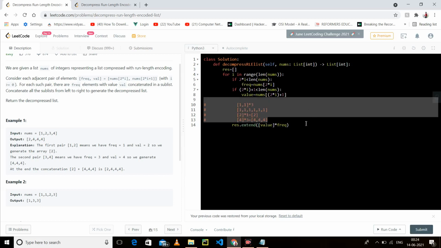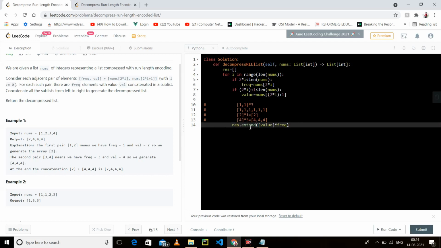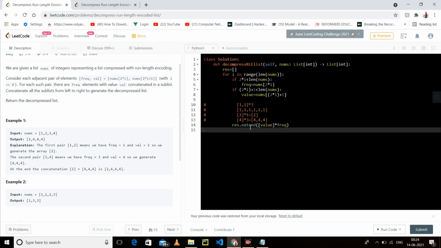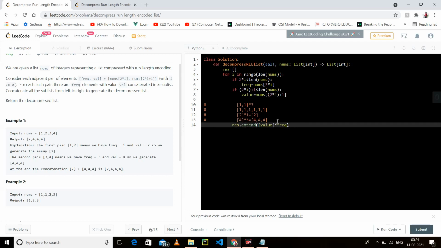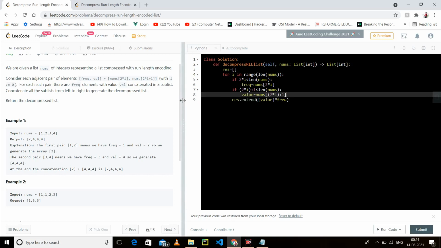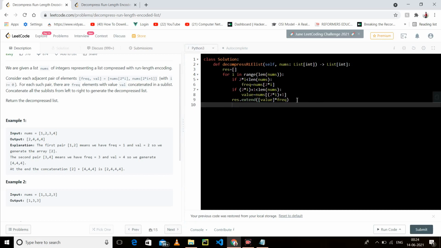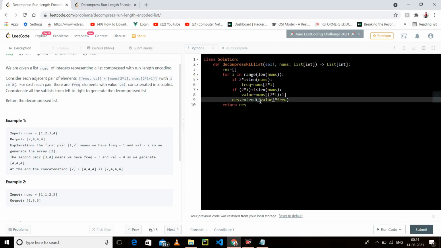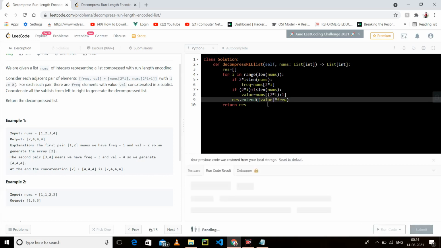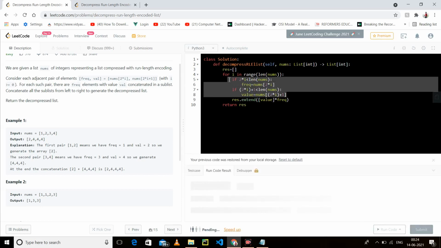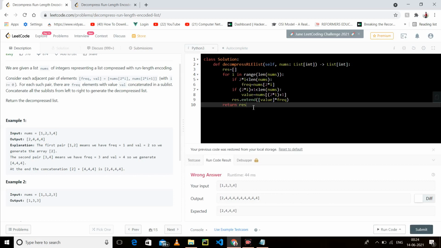I hope you have understood as well. I extend the result with the value multiplied by the frequency.